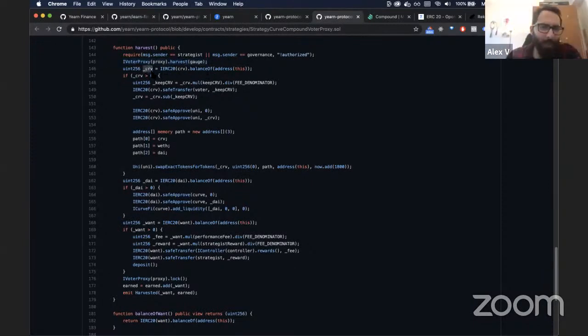Next up, we get IERC20 of CRV, the balance of this. We check how much CRV we have. If we have more than 0, then we're going to get this keepCRV, equal to CRV, which is the current CRV we have, multiplied by keepCRV divided by the fee denominator. So this is a percentage of the CRV we have. And we're going to do an ERC20 CRV safe transfer to voter. So we're going to send